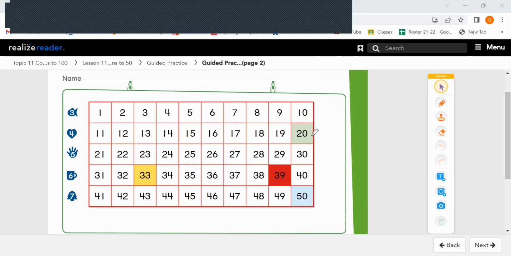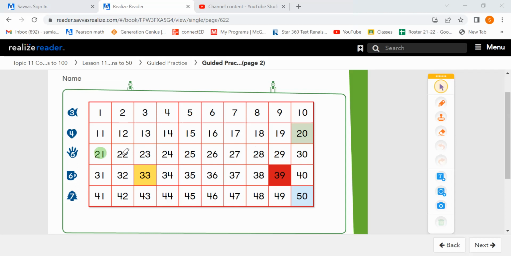So we'll start at 20. We're trying to hear 20 in the numbers. If you hear 20 in the numbers, we're going to color it green. So let's start counting. 20, 21. Do you hear 20? Yes. 22,